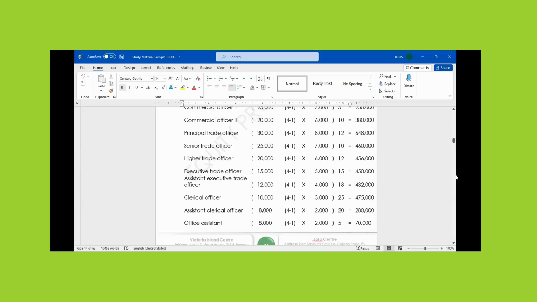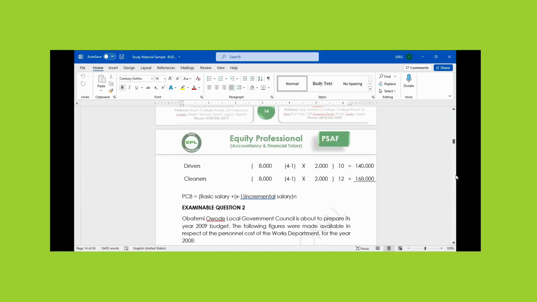I think we are done with personnel cost budget. We solved 2 questions, Abi. There was one question you wanted to solve. You said that one is more complicated. So we have looked at that question on your own part? Have you tried to solve it and you understand it? The solution is there now so that we can move to cash budget. No, sir, I didn't understand it.